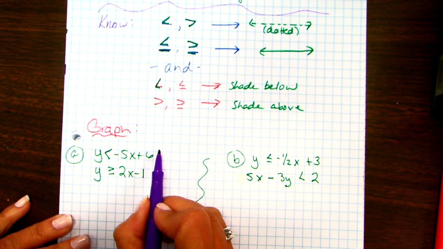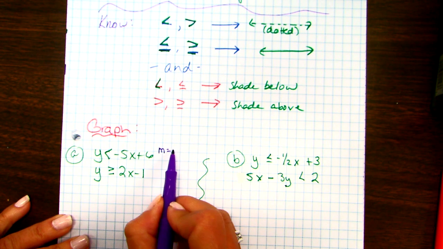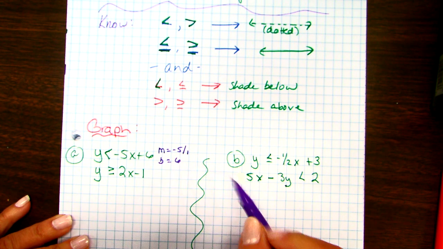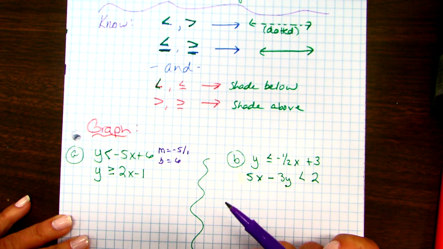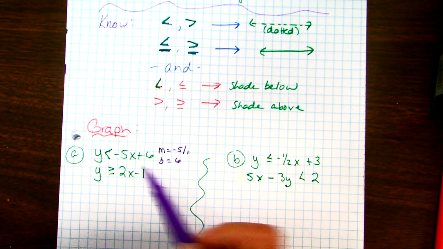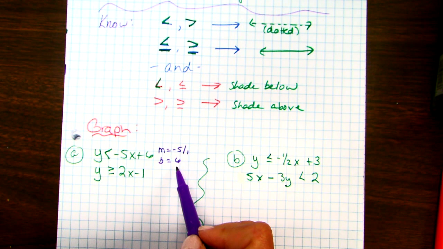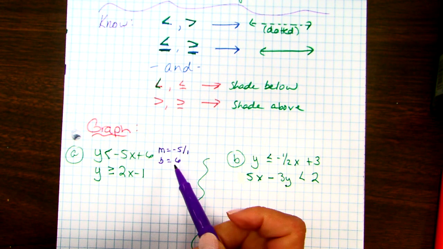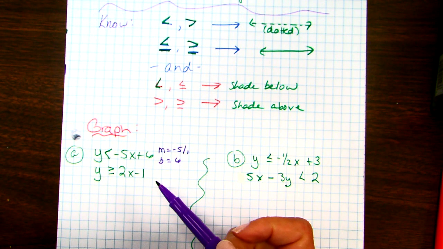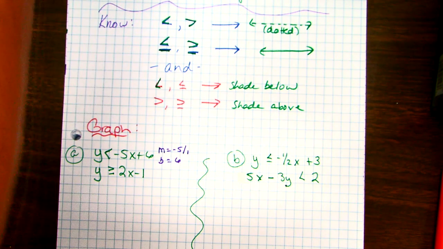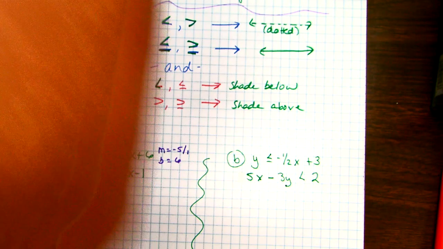And some of us are still not getting this. Guys, we have to be proficient, which means really good, at graphing lines. There's only 2 numbers, M and B. M needs to be a fraction if it isn't already. B is your y-intercept. Every time, every day, 7 days a week, all the time, right? So I'm going to start by graphing just that line. So what I want you to notice is,